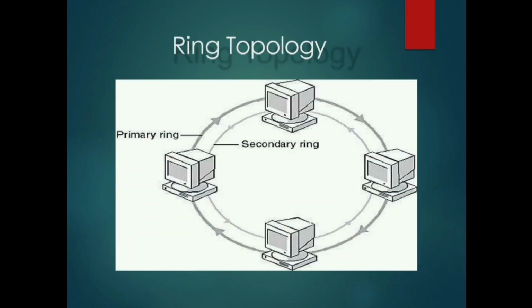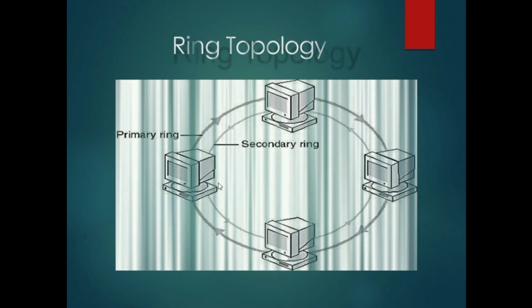Now I will show you another picture to show how we pass the information in a ring topology. You see it's directional, from this computer to this computer. This one is the primary and this one is a secondary ring at the inner part of this circle. This is where the repeaters work. It repeats the data, and if the data is not for that computer, then it will regenerate the data for the next computer. So this way ring topology regenerates the data.